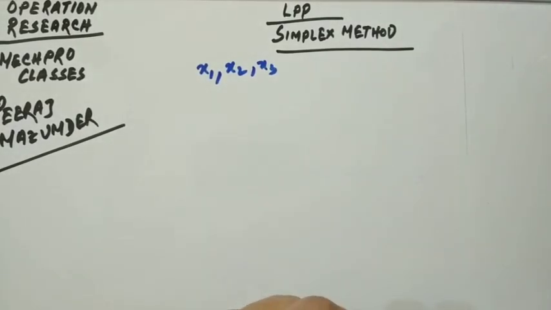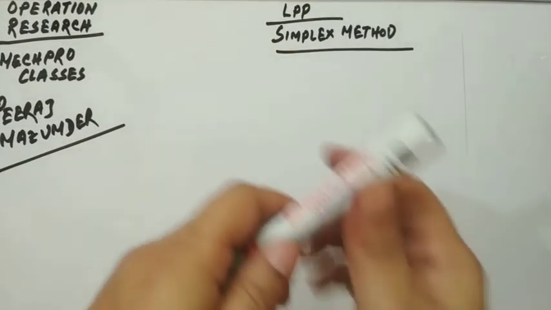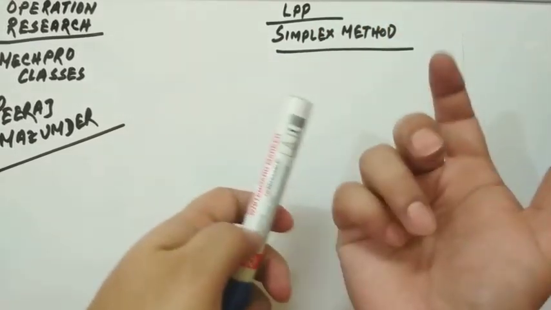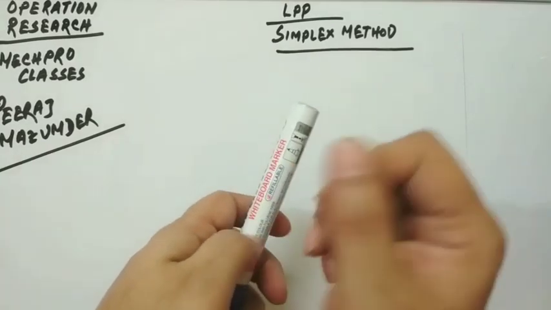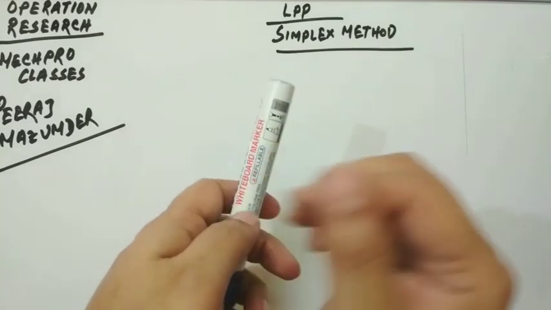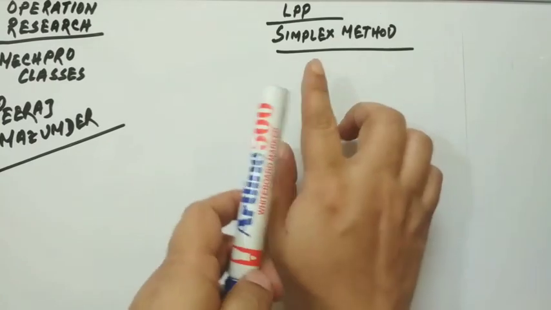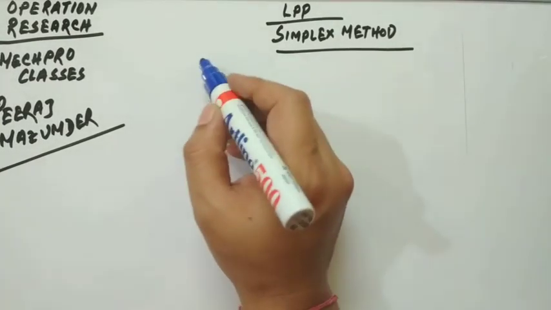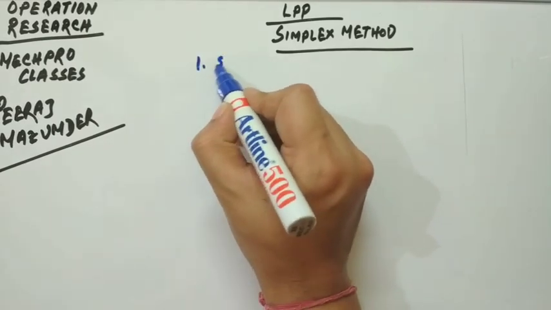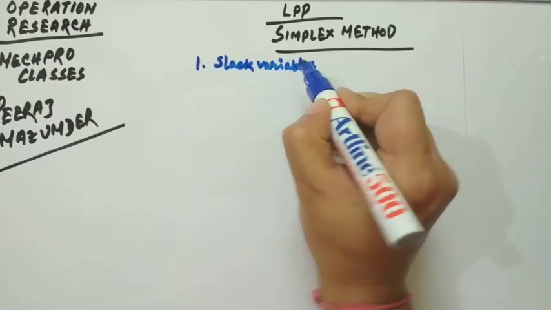Now the simplex method is an algebraic procedure. It runs through a series of repetitive operations, progressively approaching an optimal solution. Like in the graphical method, we solve in a graphical way and approach the optimal solution by hit and trial, checking the different corner points. Now for the simplex method, first I will tell you about the concept of some new terms, that is slack variables. We are going to use these slack variables in the simplex method.